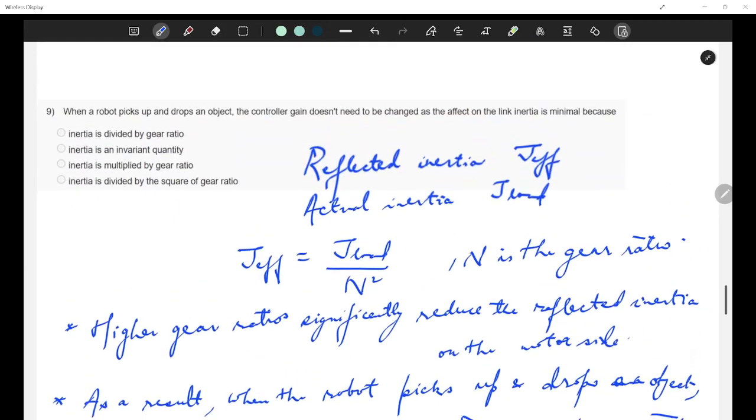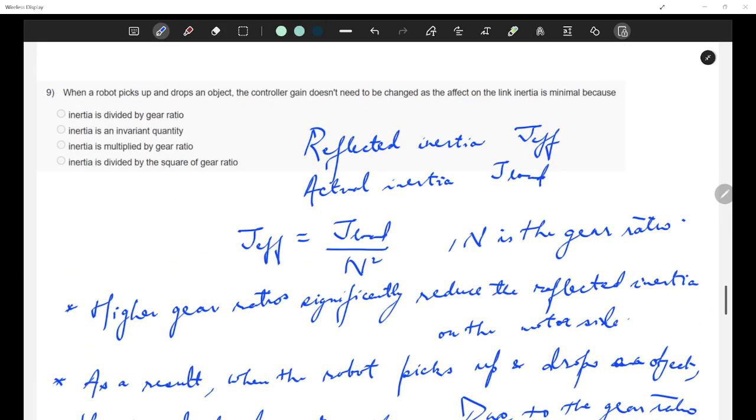Okay, so the first option says inertia is divided by gear ratio. It is incorrect because inertia is actually divided by the square of the gear ratio and not just N. Inertia is an invariant quantity: it is incorrect because inertia changes when an object is picked up or dropped. It is not an invariant property.